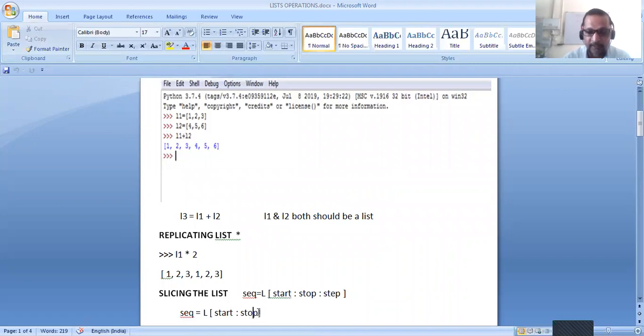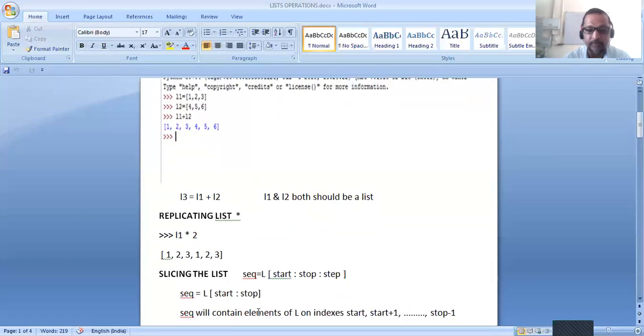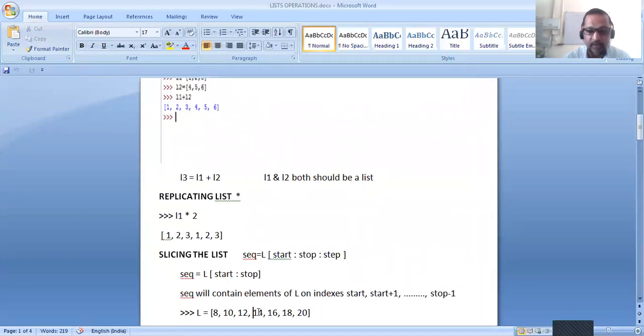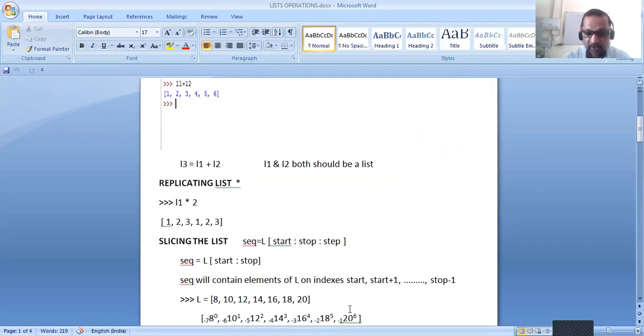Let us see by an example. Suppose there is a list L having elements 8, 10, 12, 14, 16, 18, and 20. Then what will be the index of the elements? 8 has index 0, 10 has 1, 12 has 2, and 20 has index 6.